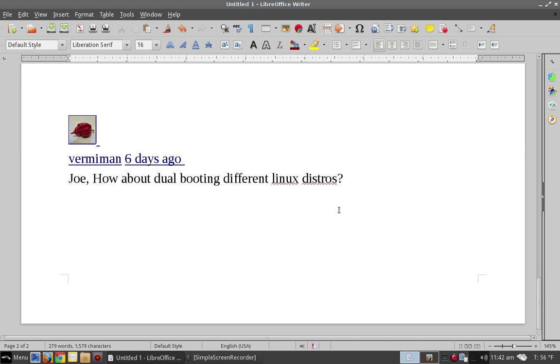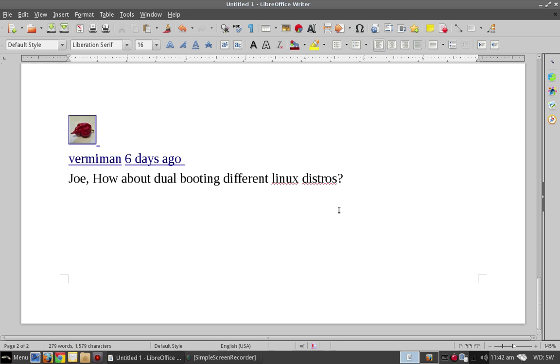But anyway, the question that I had asked here is how about booting different Linux distros? I personally have never tried this. I know people do it, but since you wouldn't have those time conflict problems and file system conflict problems, I would assume that this would be a more stable way to go.